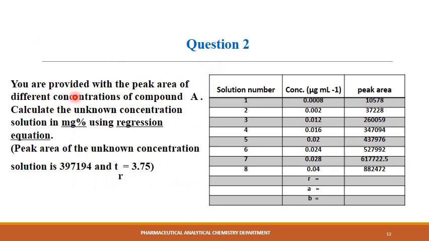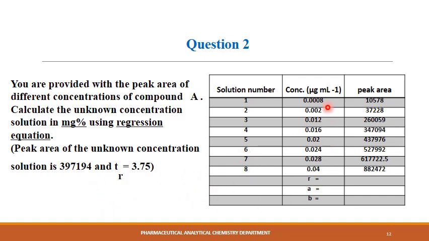Okay, in question number 2, you are provided with the peak area of different concentrations of compound A. You are required to calculate the unknown concentration of the solution in milligram percent using regression equation. So, in order to solve this question, you'll have to solve it on an Excel sheet in order to calculate the slope and intercept. Given that the peak area of the unknown concentration is this value and the retention time is